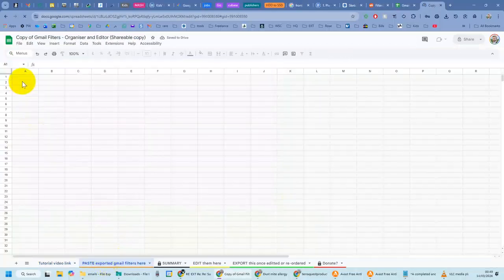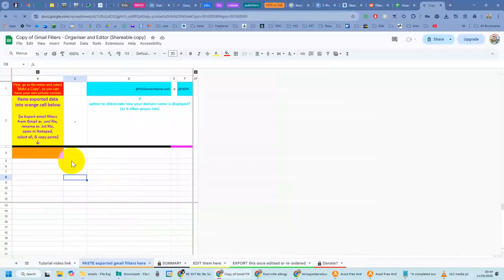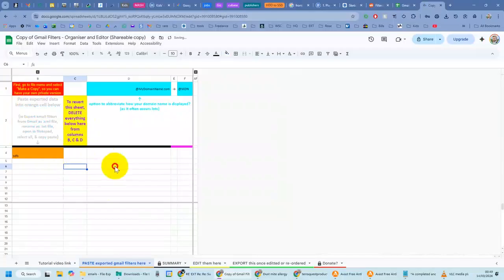The second thing to do after having made your own copy is to then export the data from Gmail, and it says here in the yellow cell what to do there. If for any reason there's other stuff in here already, it'll come up here saying that you need to take everything out of these three columns here, and then it'll be ready to use again. So to get the stuff out of Gmail,